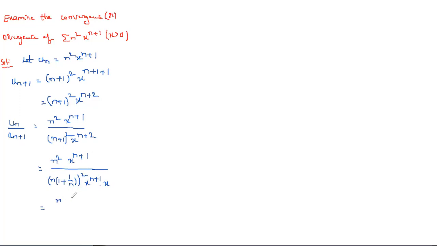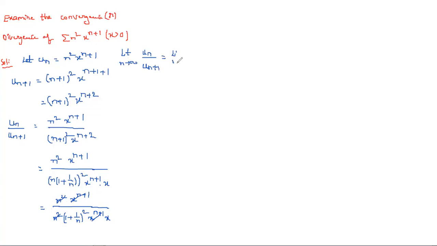So here x power n plus 1 and x power n plus 1 both will cancel, n square and n square both will cancel. Now you can apply the limit for this. So the limit as n tends to infinity of u_n by u_{n+1} is equal to